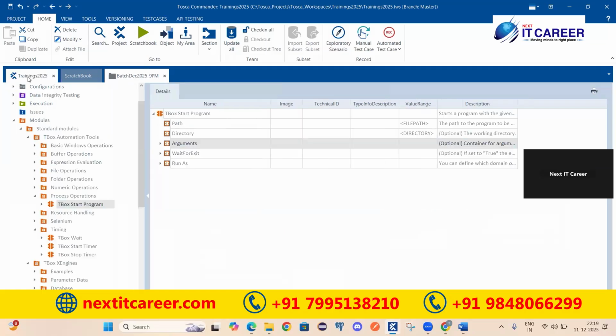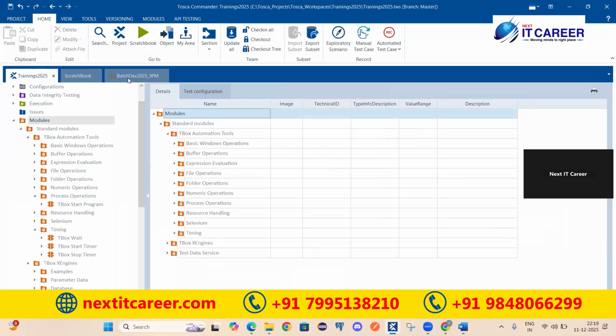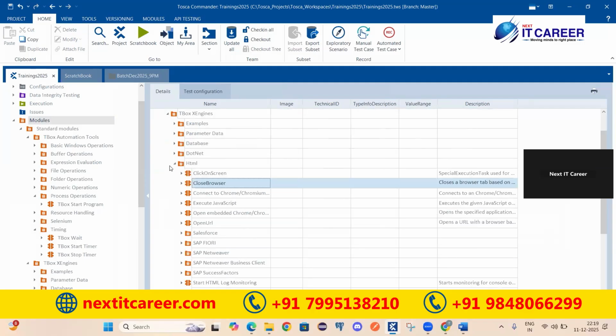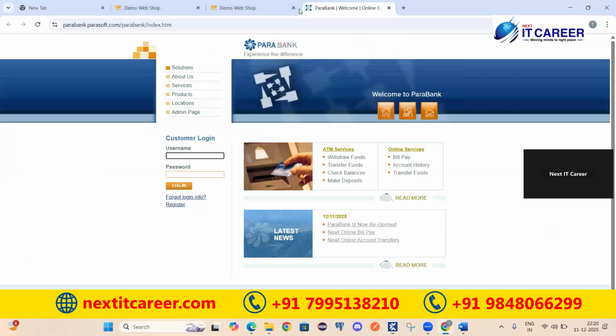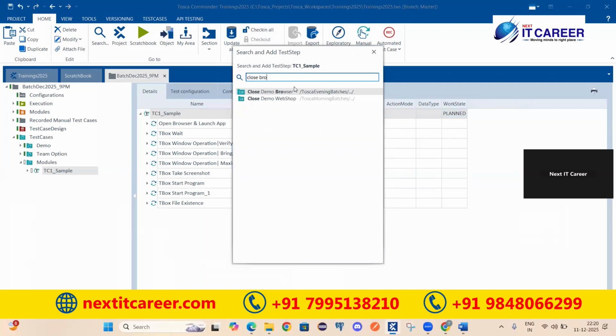Okay, so just make use of some of the standard modules. Depending on what action we want to perform as part of our test case, we will be using those standard modules in our test case. If you are performing anything database related, HTML, browser related, open browser, close browser, how can we use that? Let's say I want to close this demo web shop. What can I do? Just right click, search for the module called close browser,